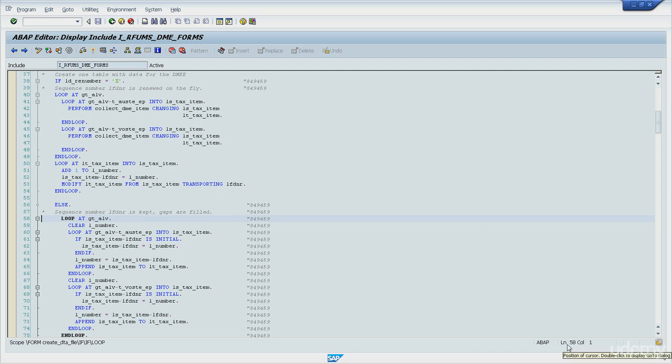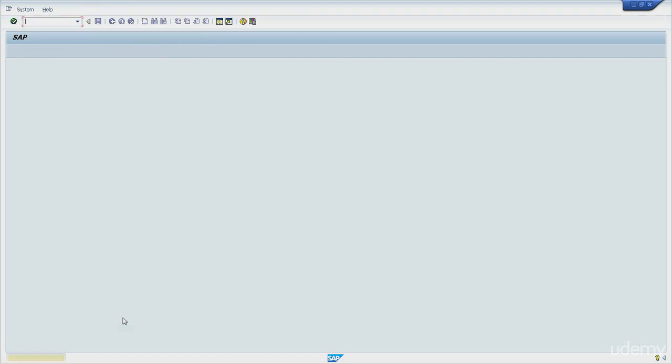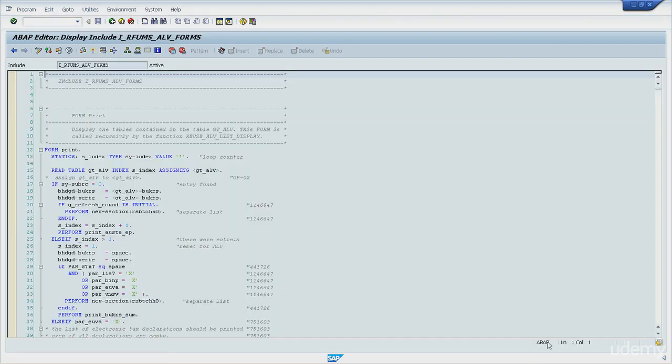Let's move now to the line. Well, let's change the object here. Let's move to this one. Enter. Let's go to line, double click on the line